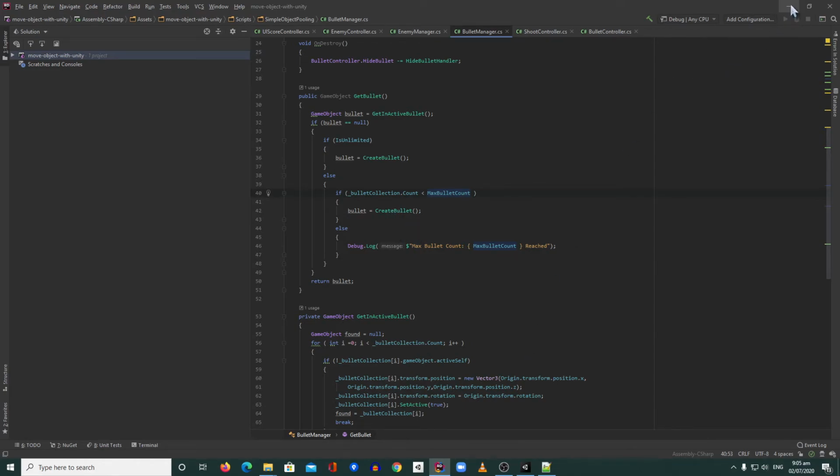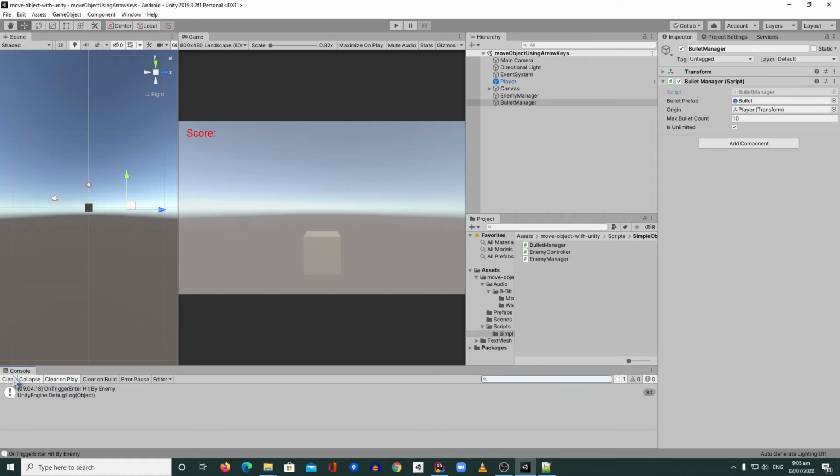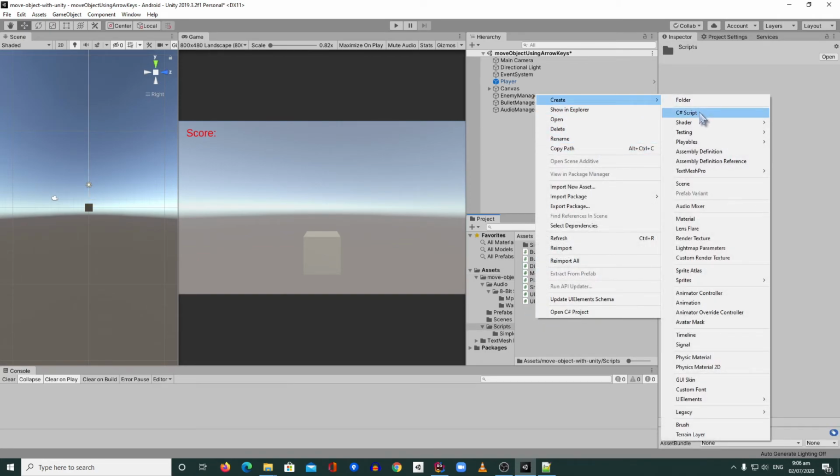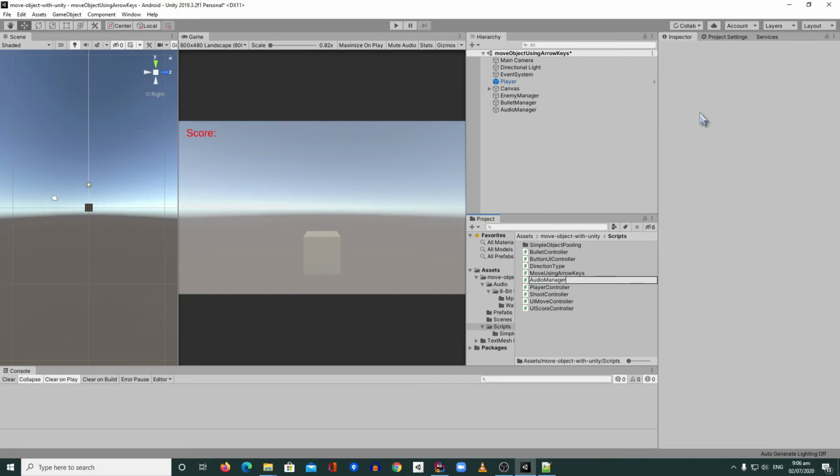So that's it. Now we forgot one more thing. We need to play the background music. To do that, we can put it anywhere, but right now I'm just going to create an empty object here. Let's name it Audio Manager, something like that. There are so many ways that you can do this, but right now I'm just going to create an Audio Manager here, and I will create a new script, which I'll also name AudioManager,